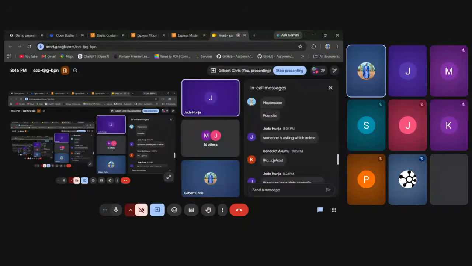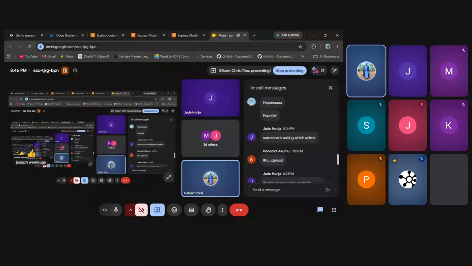So again, if you want to use AWS in your code, first of all, you need to install its CLI. The CLI will be like a gateway to logging you in and logging you out.